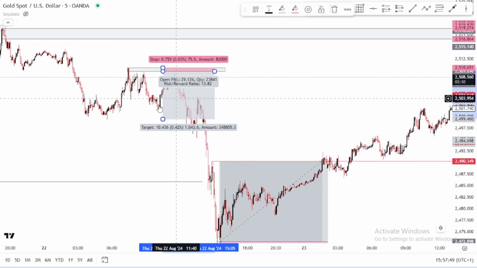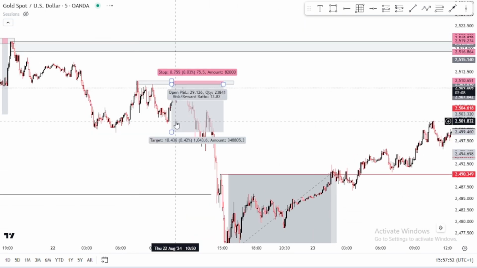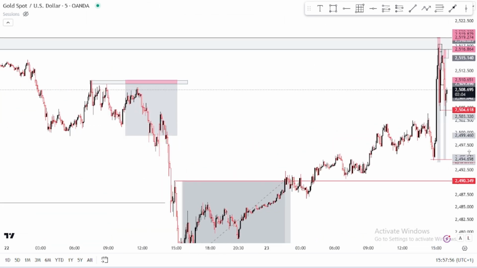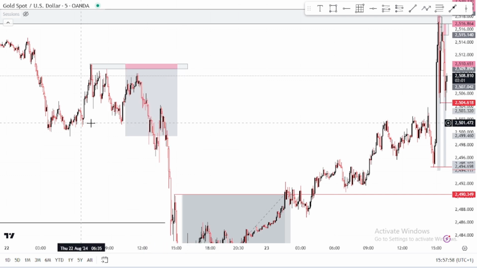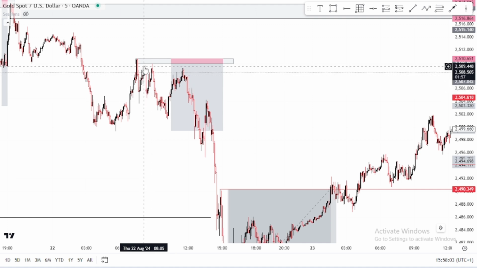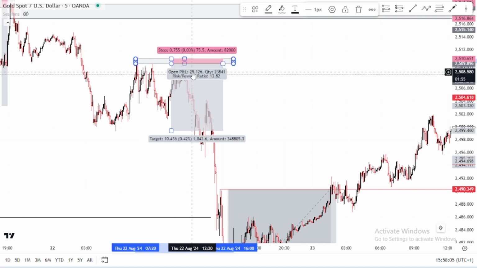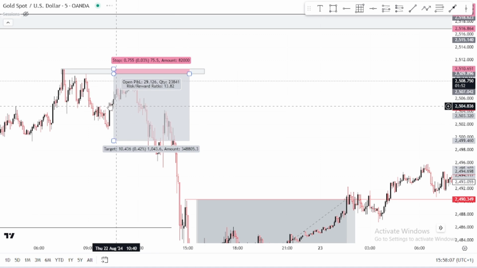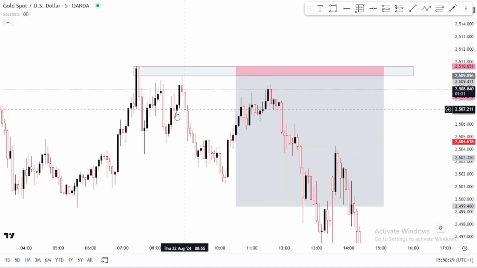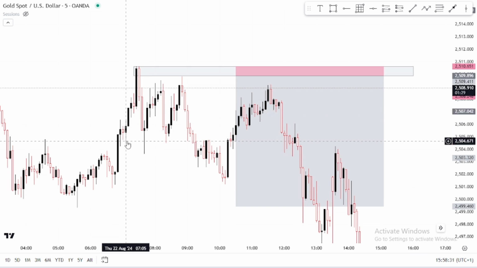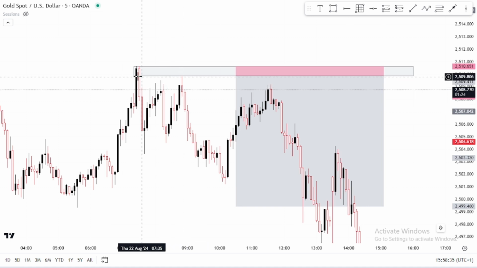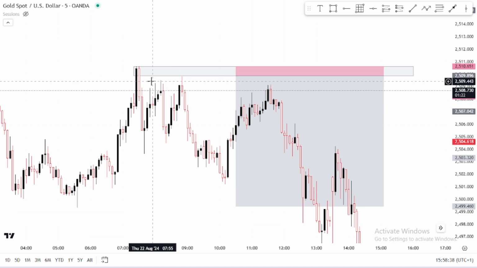I think I was on live when I was doing this particular analysis right here. I made the entry because I was expecting price to come back to this particular order block and then start coming all the way down. Even though price ended up respecting this order block, it will check the movement. It just starts from this particular area here. Price ended up breaking this low and also this low, making this particular big order block a reorder block, and the price came all the way back to retest it. It will check on, I think,